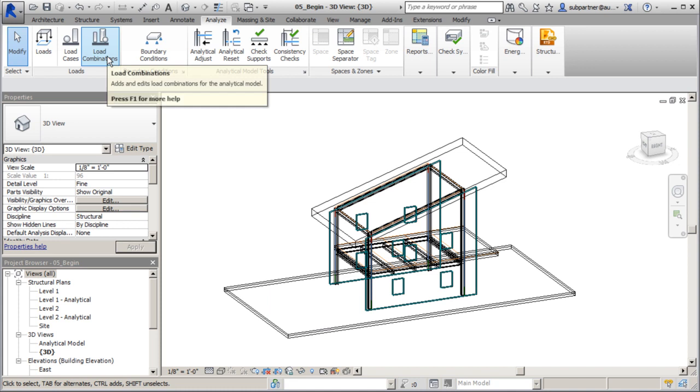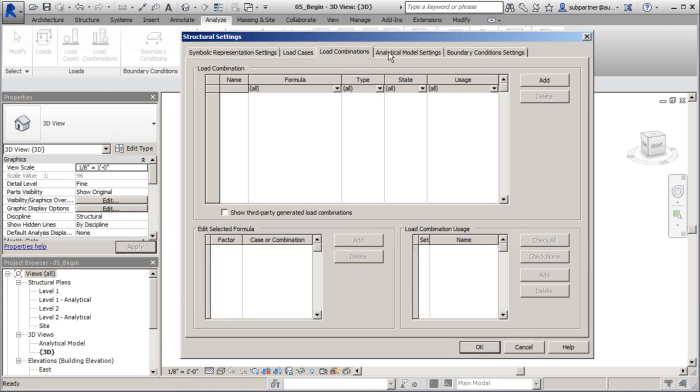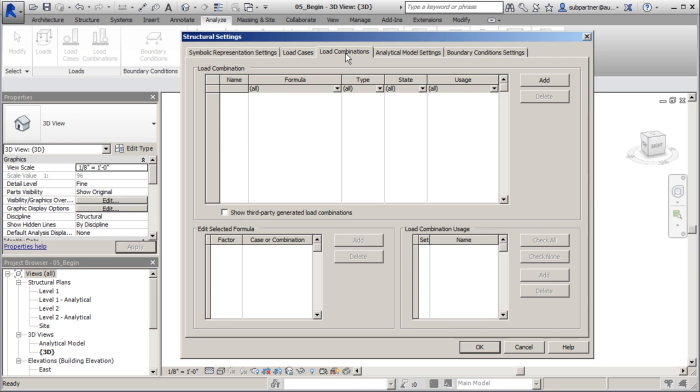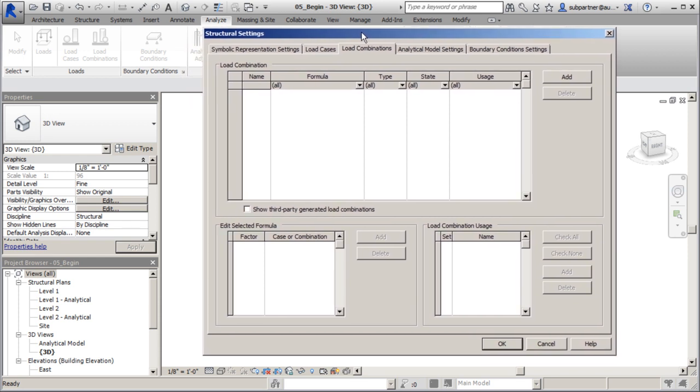And if I want to set up my load combinations, I can click on Combinations. Now these are all in the same window, so I just as easily could have clicked over here, but I did want to show how you can access it from over here as well. Load combinations is a pretty powerful tool because you can set up, as you'd think, many load combinations, and we can apply that to the model and see what those combinations do